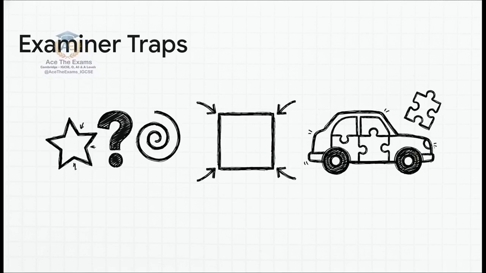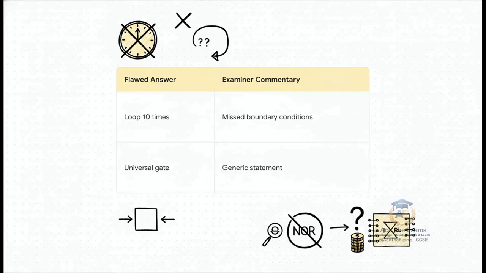Trap number 3, writing generic answers that completely ignore the scenario. We have talked about this, but it absolutely bears repeating because it is by far the most common way to bleed points. If the question asks you about a self-driving car's sensor array, and you just write a paragraph about abstract binary states without ever once mentioning the car, the road, or the sensors, you will score 0. Period. The examiner commentary we are looking at here is totally ruthless, but honestly, it's fair. If you don't test thoroughly and explicitly evaluate performance in your answer, you just lose the points.